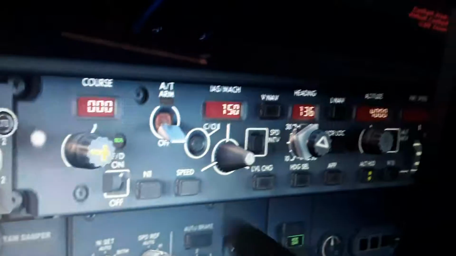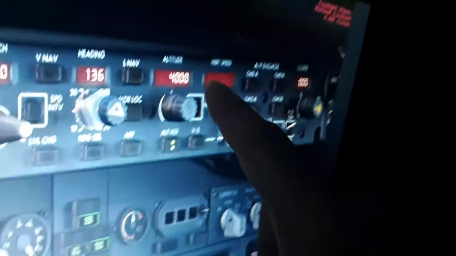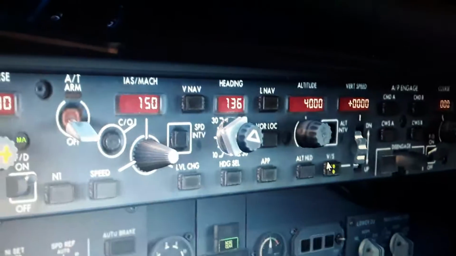Here is the autopilot section of the aircraft: the indicated airspeed, the heading, the altitude, and the vertical speed, which I can also move. So if we want to start the engines right now, I have the APU, the auxiliary power unit, started already. You can see here it's supplying the aircraft. Maybe I can transfer some of this. Yeah, you can see the bus off right now. So I transfer the electrical power from the engine to the APU,